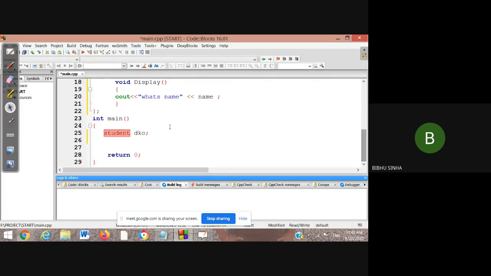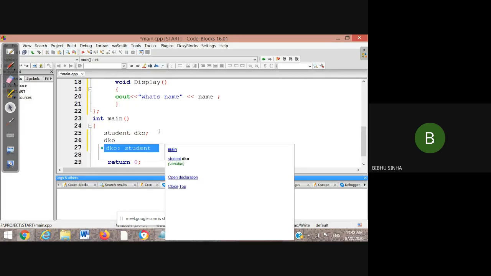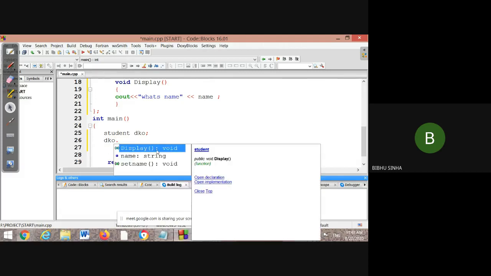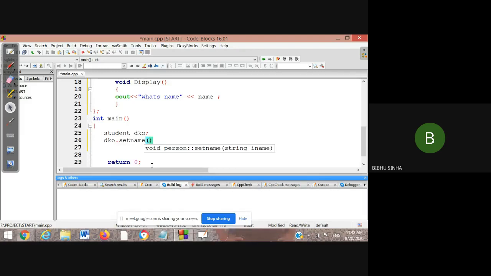Now we come to the DKO object, and through that I can access the set name method, because I have to set the name in public mode. So I am accessing this one, and you have to pass the parameter as a string. So I am passing a name, like Jia Khan, for example.